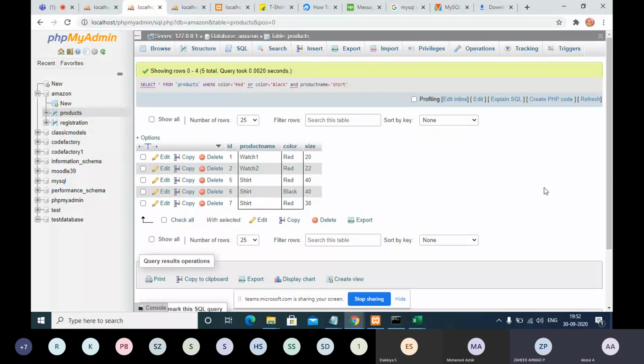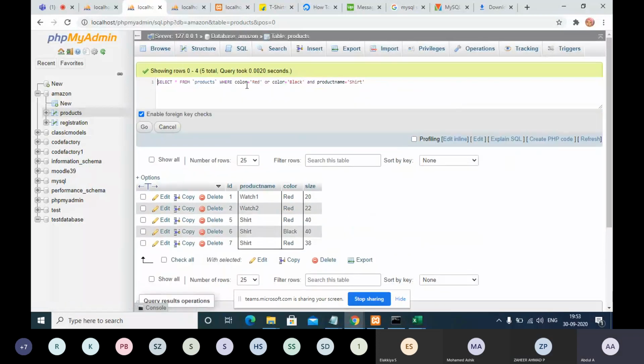That is why I am saying this OR condition is with the same column. For example, you are putting 2 conditions in the same column: color is equal to red or color is equal to black. So the 2 items are one condition only. You should consider it as only one. That is why we are putting the bracket. You are putting two conditions, but you need to consider it as only one condition.